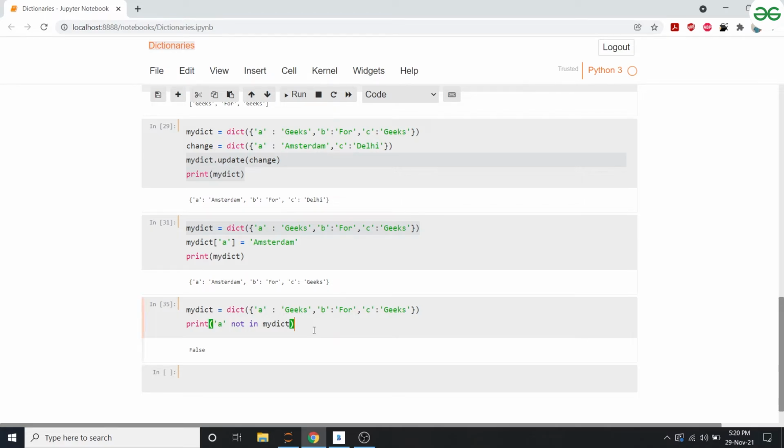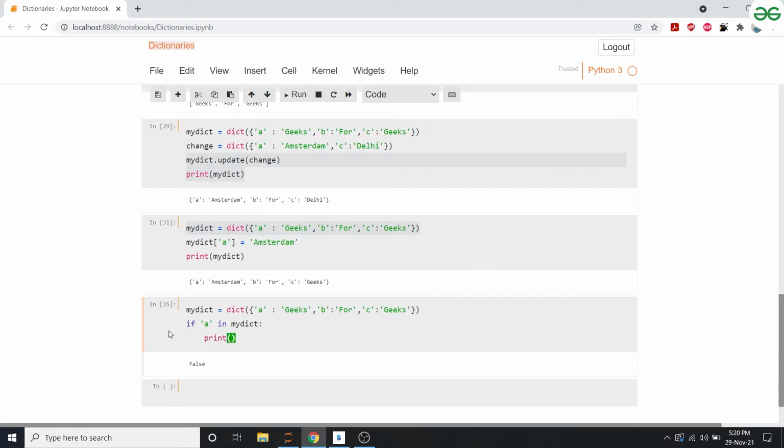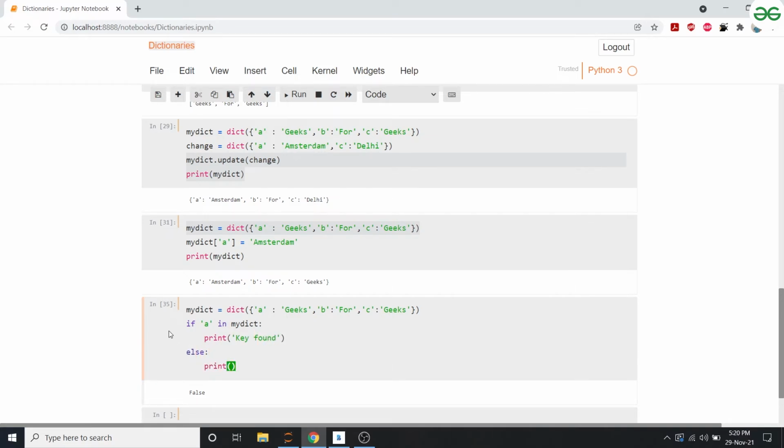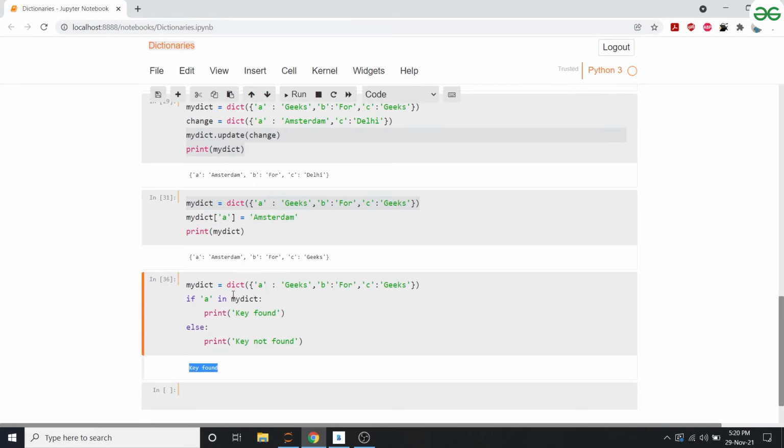Okay. Similarly, you can use this in an if and else statement. So for example, if key A in my dictionary, print key found, else print key not found. Key found, it's there, the given key is there.